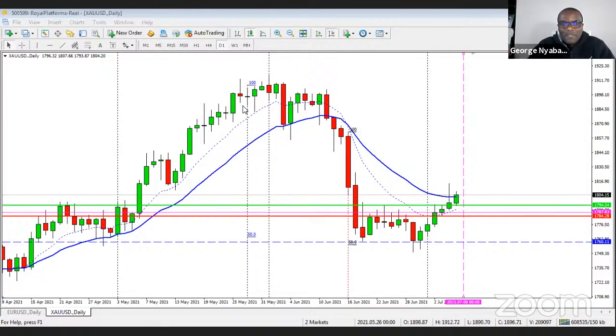What I want to just do today, I've left my settings, which I had on yesterday's charts open. I want to show you something quite interesting based on what took place yesterday on both the gold and euro. So this is today, gold daily.